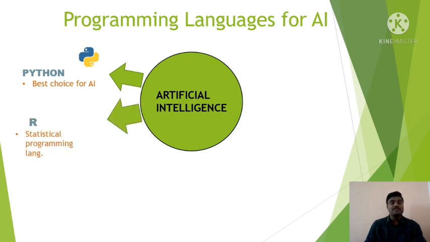The second language which we can use for artificial intelligence is the statistical programming language R. As the name suggests, it is mainly used for statistics, that is, for data. As we all know, we use a large set of data in artificial intelligence, and to draw insights from that data,